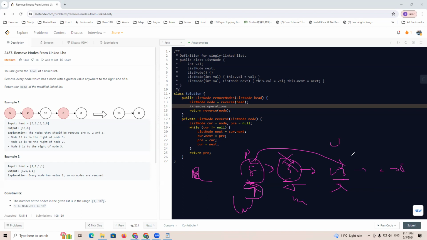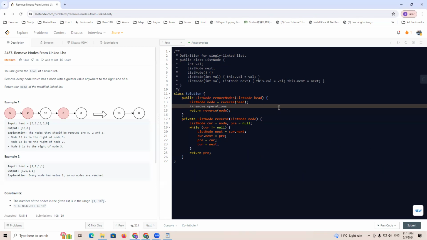And also we should update the pre to be current, right? Pre to be current, and then our current moves to next. So after doing this analysis, we write the